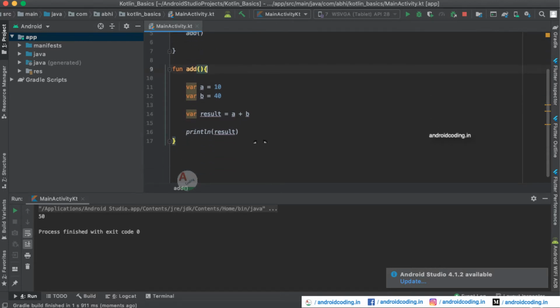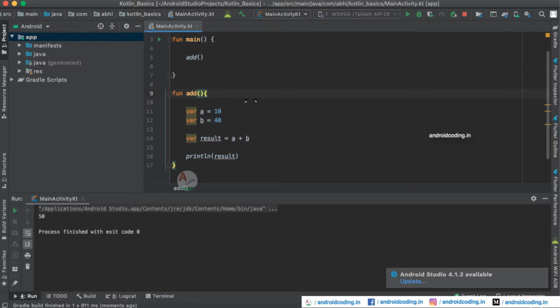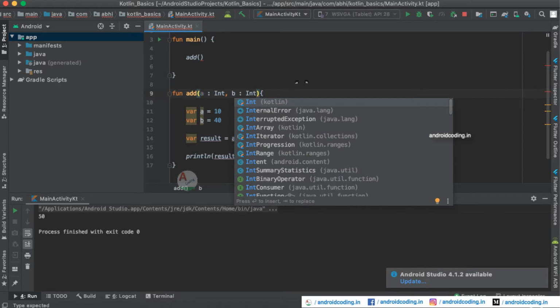Okay, it's good, but it's a static one. Whenever you want to change the numbers, the values in these variables, how can we do it? So here comes parameter passing. What we have here, a and b, are two integer variables, right? So declare them here with proper data type, and also we are declaring b here.